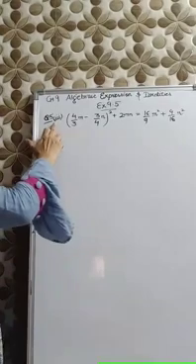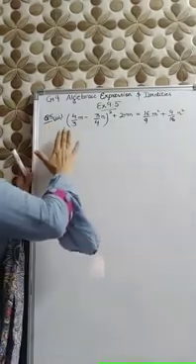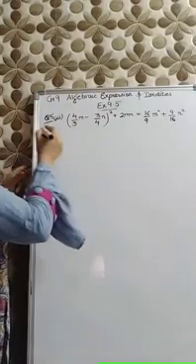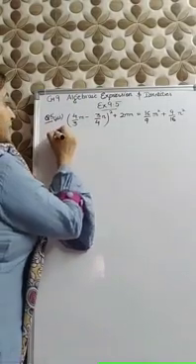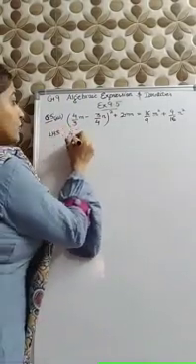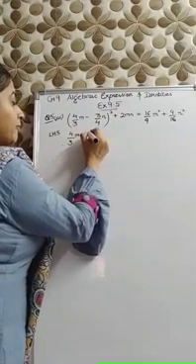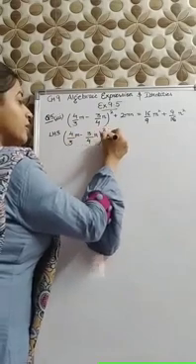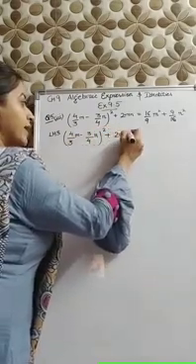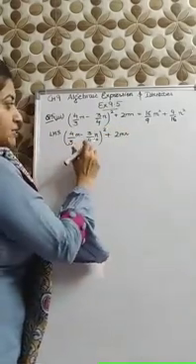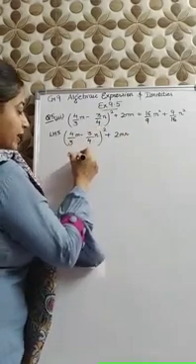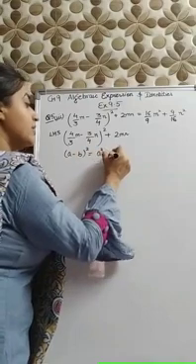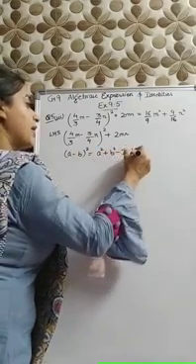Now let's start the third part. In this we want to check whether both sides are equal or not. Now let's start with the left hand side. This is (4 by 3m minus 3 by 4n) whole square plus 2mn. This is your (a minus b) whole square. So I am going to write the identity first. (A minus b) whole square is equal to a square plus b square minus 2ab.